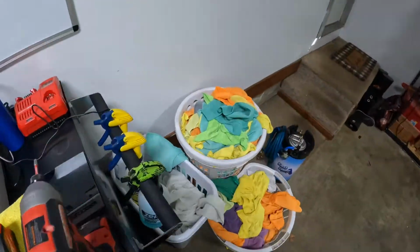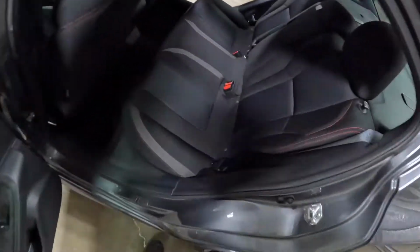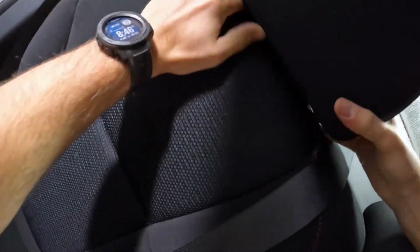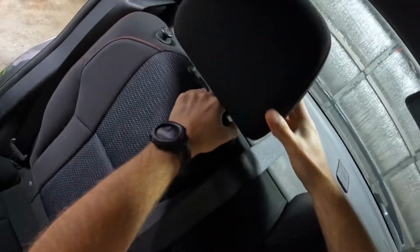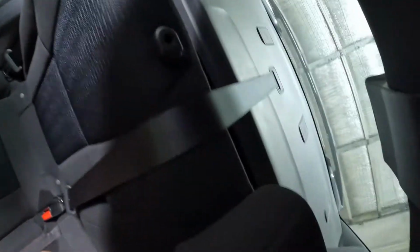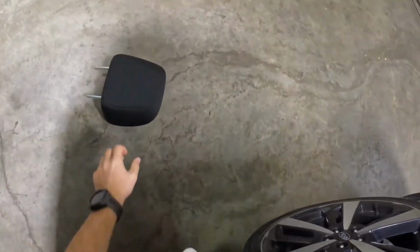Man, and it's a shame, because if this gentleman is correct, and this car did come from the shop that he says it came from, this shop is generally, for last I knew, anywhere between $50 to $100 more expensive than me, and I wouldn't let half of this stuff go. So let's go ahead and get our